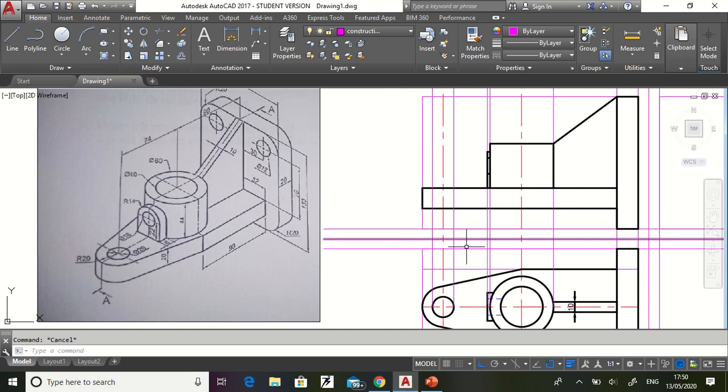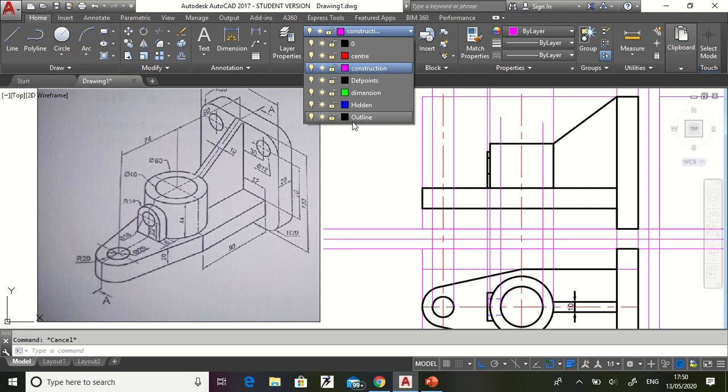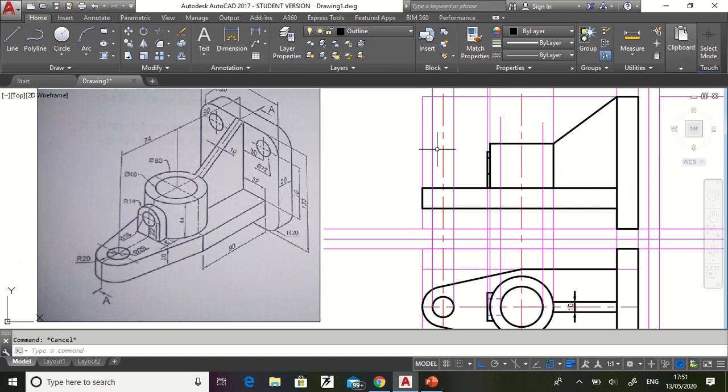So go for construction line, from here. The basic rule is that, most of the time, the hidden line gets converted into outline in the section view. So we are going to do the same thing. Now here there should be hidden lines drawn, but because it is getting cut, it will be replaced with outline. This will be replaced by outline like this.